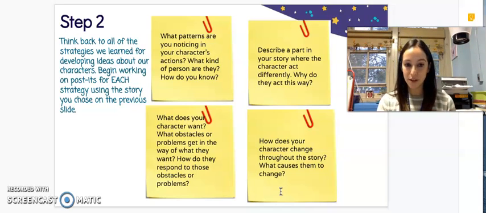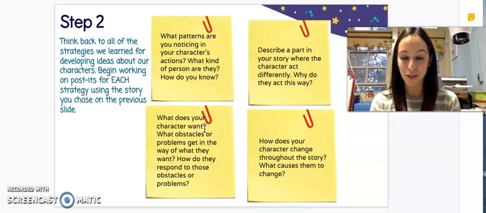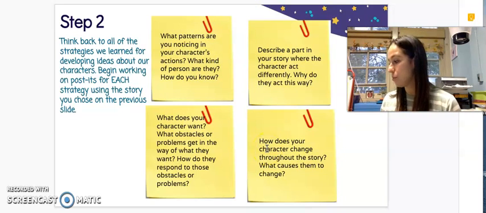So as a reader today, you're picking one of these strategies that maybe you need to practice more with because you're struggling a little bit, or one that you haven't tried out yet. And that's what you're working on. So you're going to read for 20 minutes or so, and then you're going to jot using one of these questions. So you'll notice in my notebook, okay,